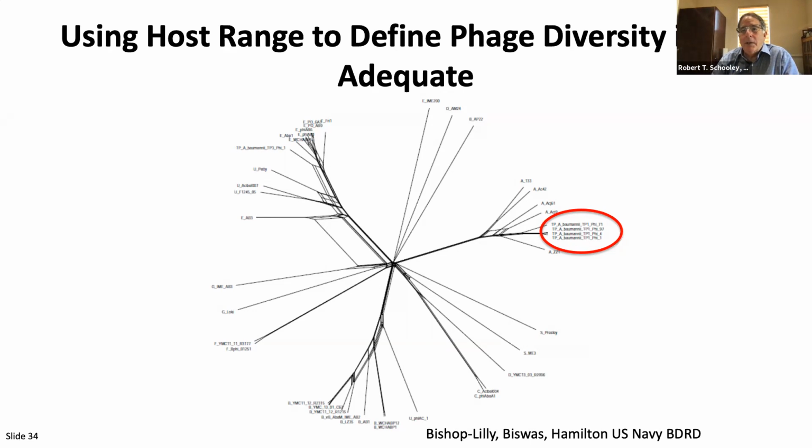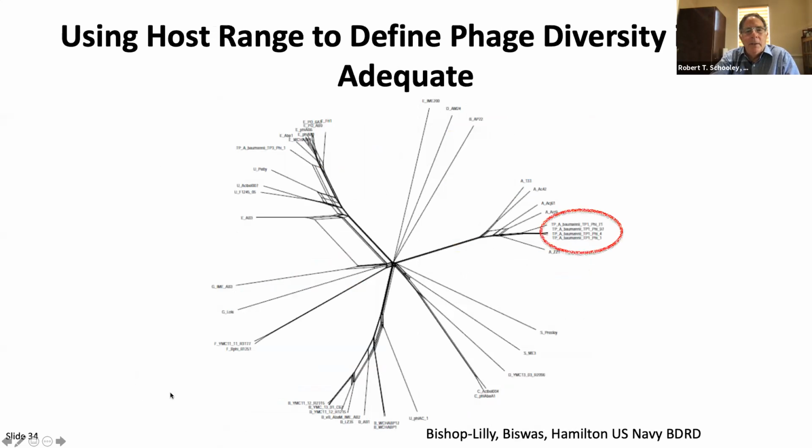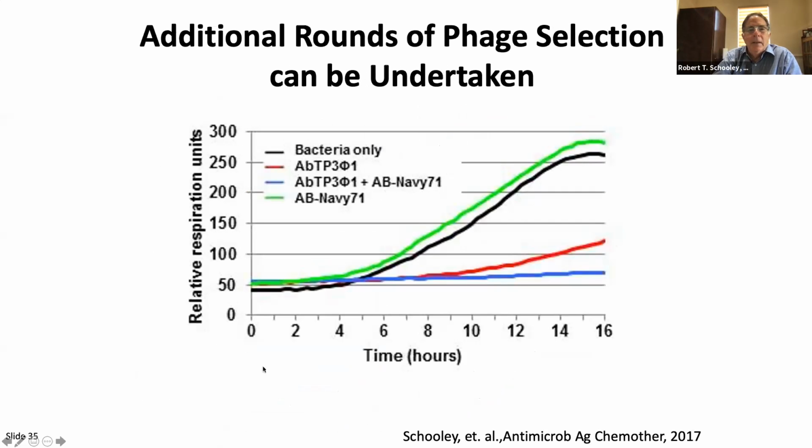Now, again, one of the nice things about phages is you can go back to organisms that develop resistance, like the ones down here obtained from day 10, and rescreen them with the same library, looking to see if you can find phages that will suppress the drug-resistant bacterium. And when we did that, we found that there were new phages that were able to now suppress the resistant bacterial mutant,